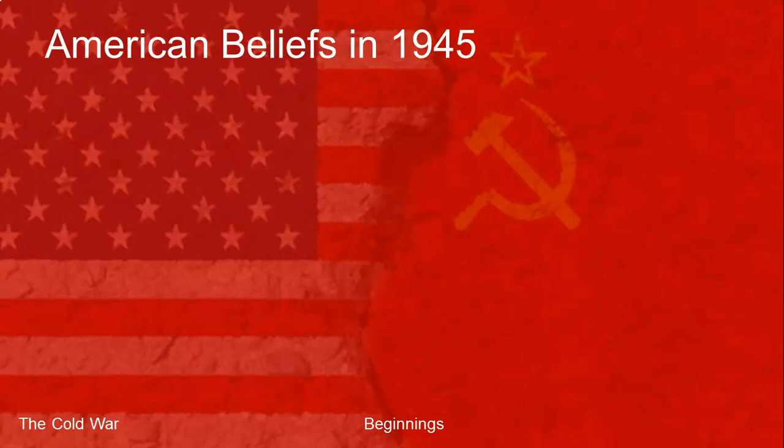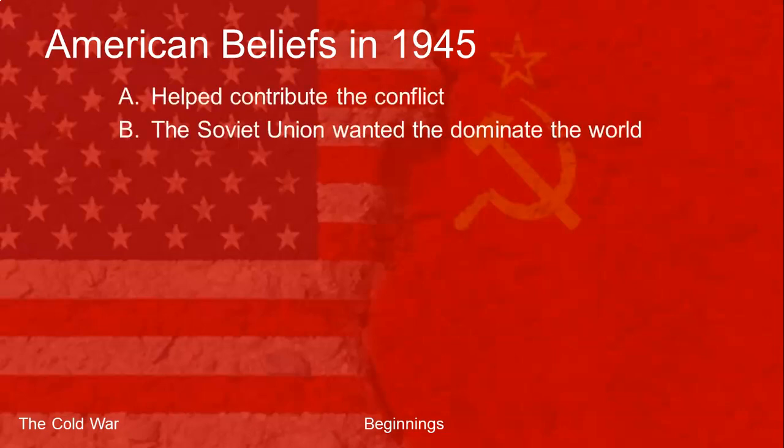Now, some of the things from our point of view that helped lead to the Cold War, all those things previously helped lead to the Cold War, but they were on both sides. These are specifically ours. One of the things we believed was that the Soviet Union wanted to take over the world. Now, they did want to advance the cause of communism, but they didn't necessarily want to take over each country and make them part of the Soviet Union.